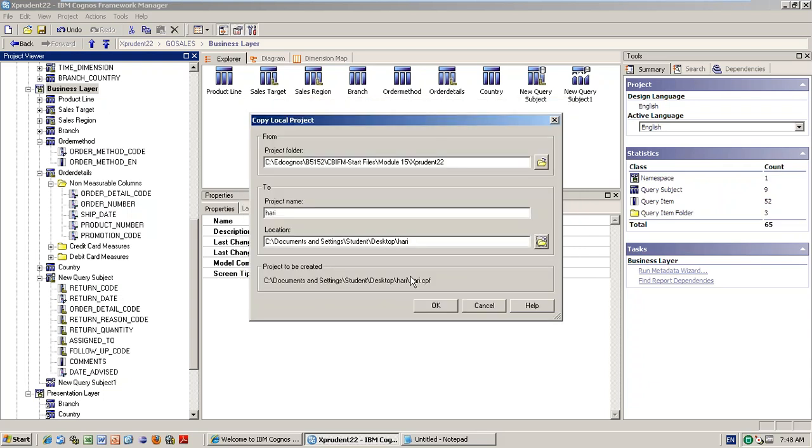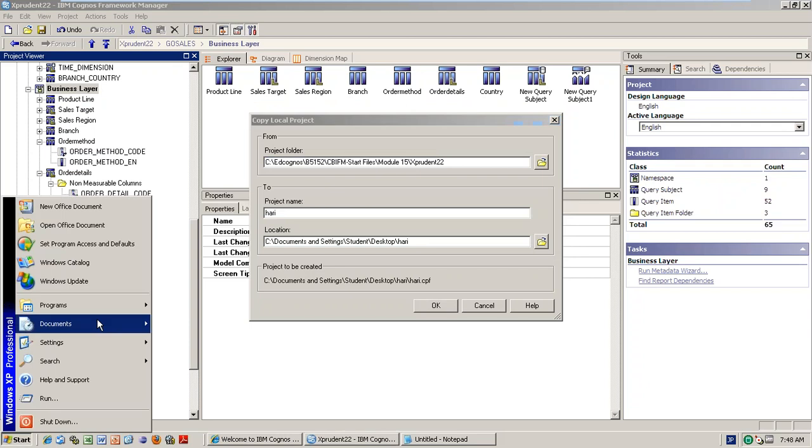So like this, you need to select what name you want to save with and which location you want to save from here to here. So copy. It will copy the CPF file from that location. Explodent.cpf file, in this location that file is there, right? Just go and check.